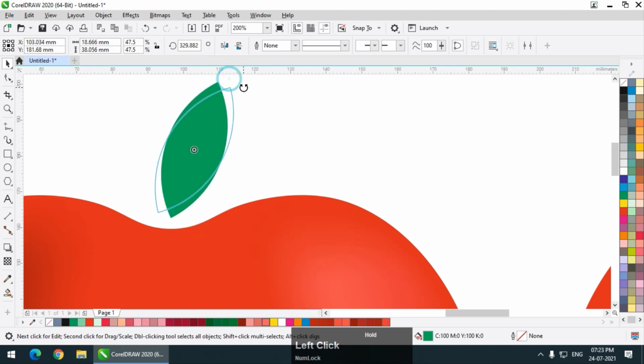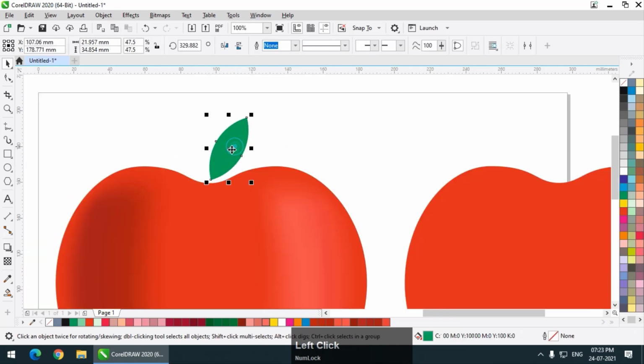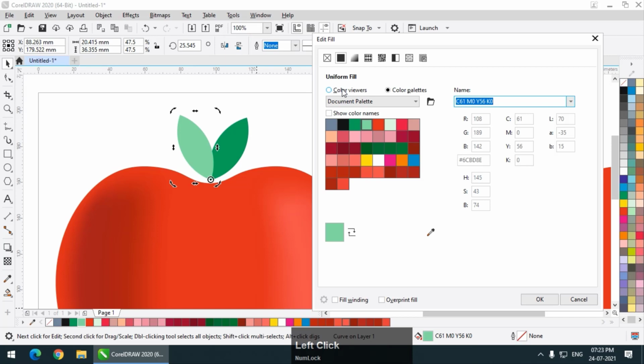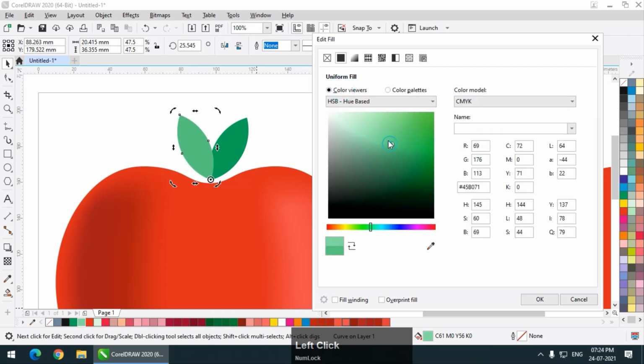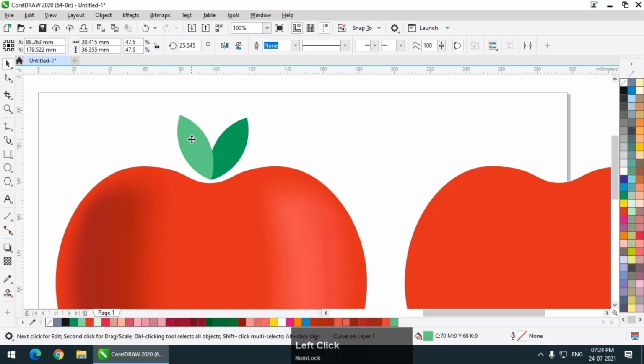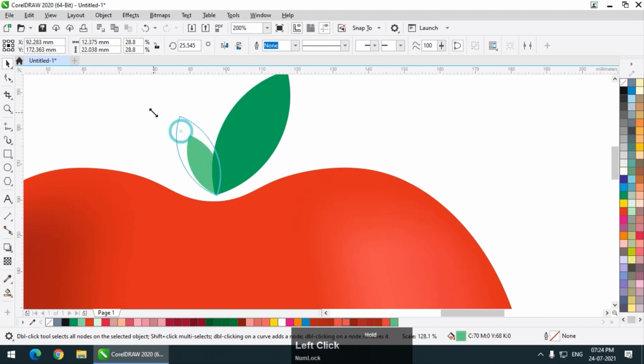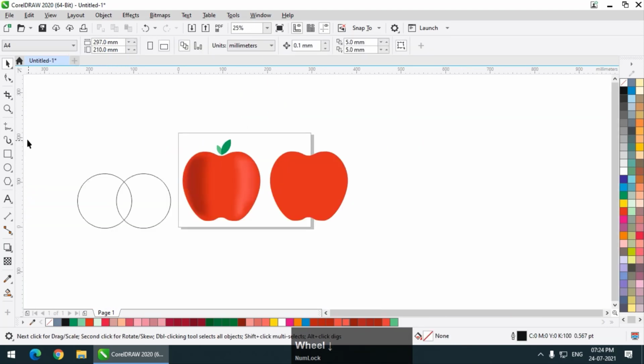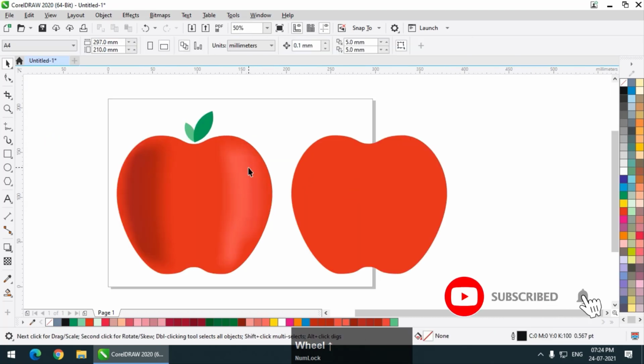So this is basically one leaf over here, and I'm going to create maybe another leaf, and I will choose a different shade of green, maybe a little darker. Yes, this looks pretty good, and I'm going to place it below, Control Page Down, so it will go below this, and I'm going to change the size of that particular leaf. So this is how it will look.